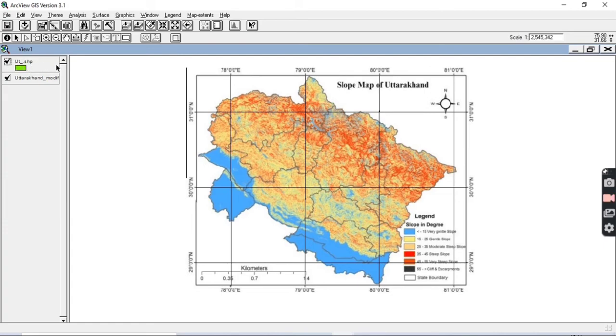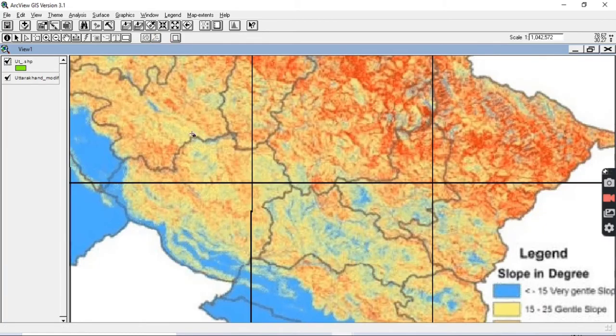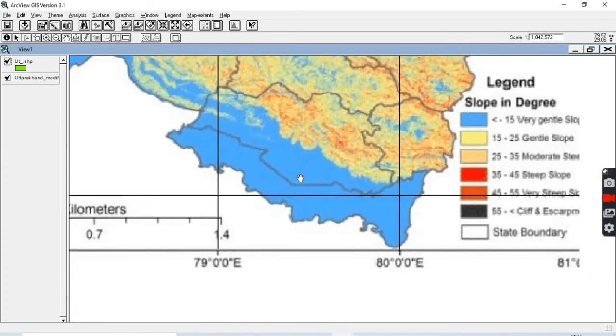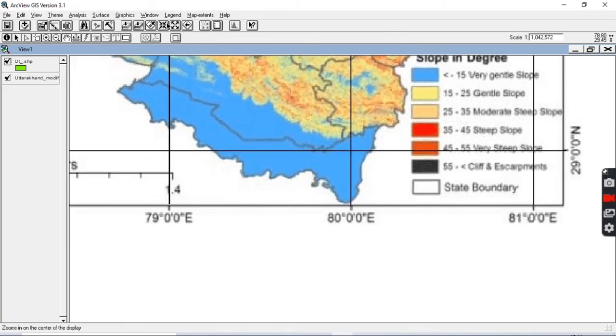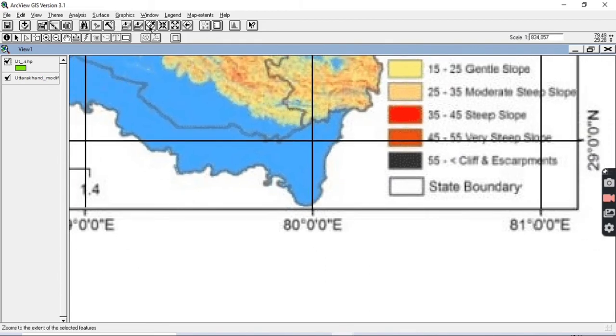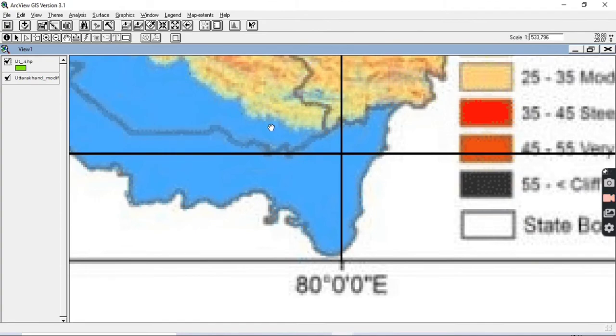See, the theme is activated now. Now zoom the map. According to your convenience, you can zoom so that you can digitize it properly. Now go to this and choose the feature.